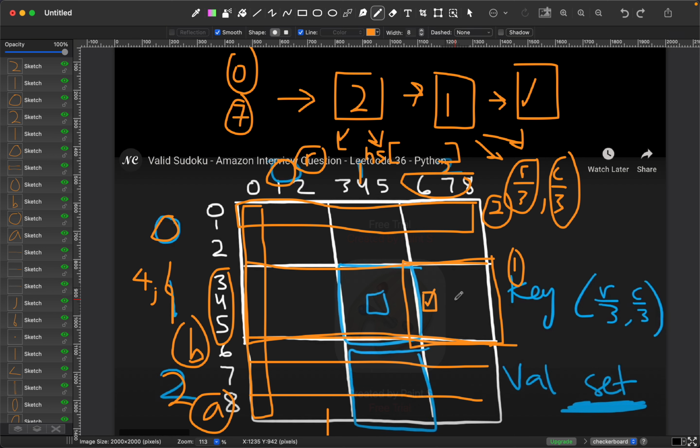So maybe say we get the 4, 6 coordinate. Let's check how it is being grouped under the category of 1, 2. So we use 4 divided by 3. We get a 1 remainder of something, but we don't care about the remainder. We just care about 1. So obviously we transfer it